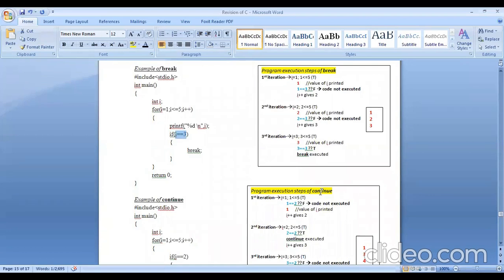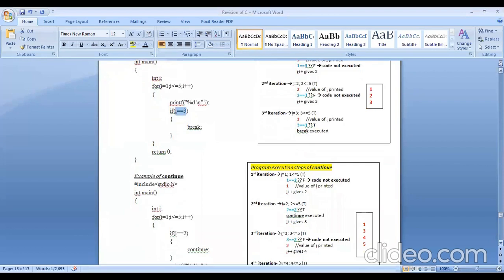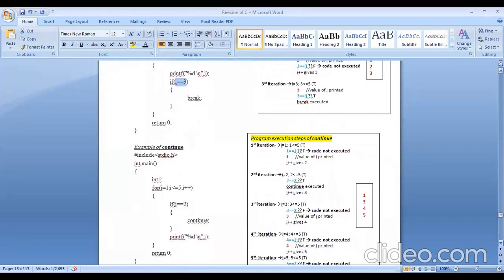Okay, so next we'll look at the next program. Continue. You see, continue is just the reverse of break. So here break is used to terminate a loop in which it is declared. Continue is used to go back to the beginning of the loop in which it is declared and continue with the next iteration. Fine. So break terminates the loop and therefore it brings an end to every iteration.